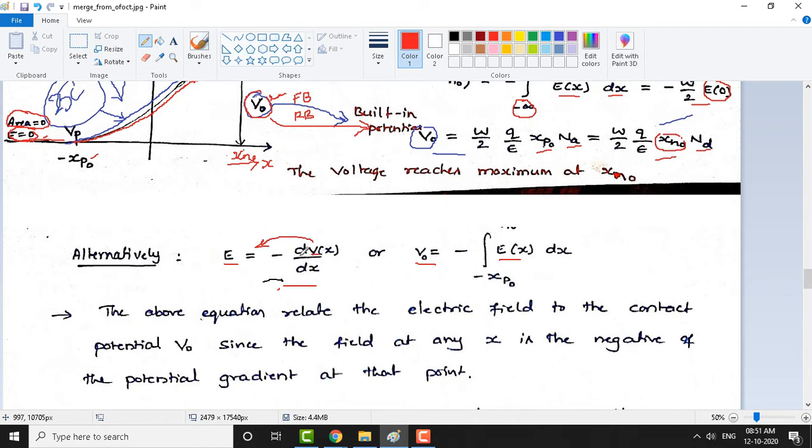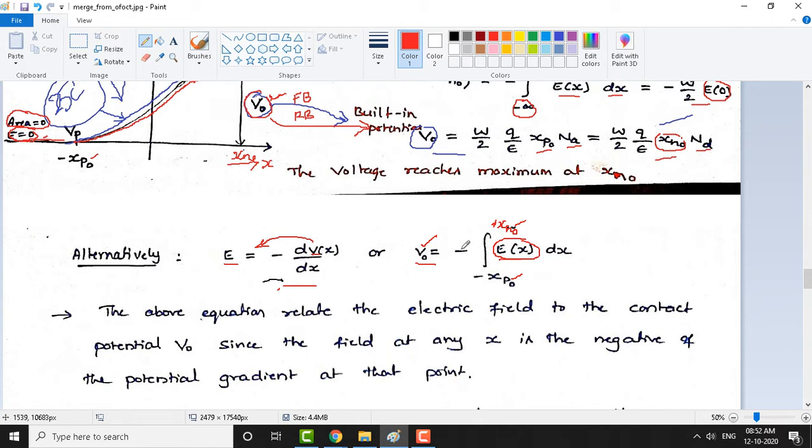Conversely, this equation can be written by integrating this. If you want to obtain V naught from this electric field, you can integrate between minus Xp naught and plus Xn naught. So the entire depletion width we are integrating. On the p side it starts from minus Xp naught and on the n side it ends at Xn naught. If you integrate the whole electric field equation over the depletion width,